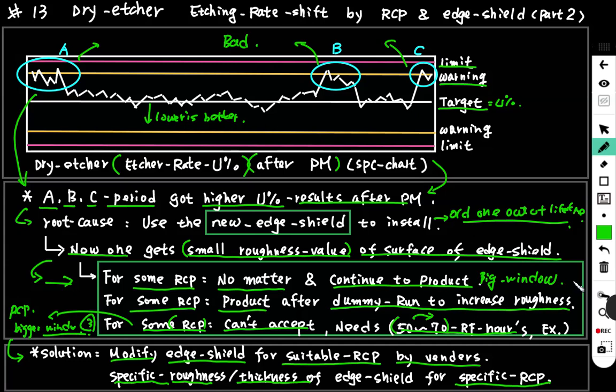Just as these three cases, different recipes need specific roughness and thickness of the edge ring, the edge shield ring,